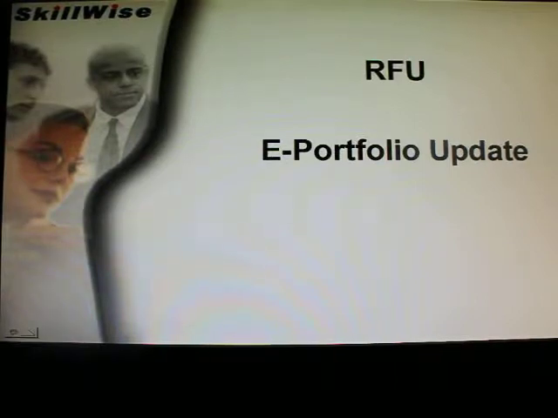This tutorial aims to show you a couple of changes we've made to the ePortfolio as used by the Rugby Football Union. The reason the changes have been made is that the qualification has changed. Where it used to be a one-part qualification, it is of course now two parts,